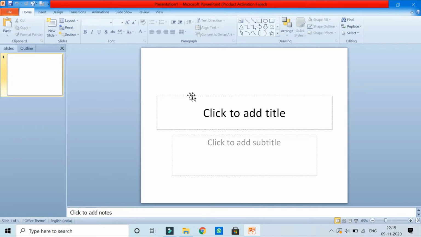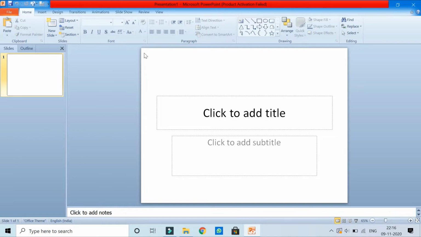You can see these two boxes on the slide. These boxes help us to add text, video, audio, anything we want for our presentation. This dotted box is called a placeholder.